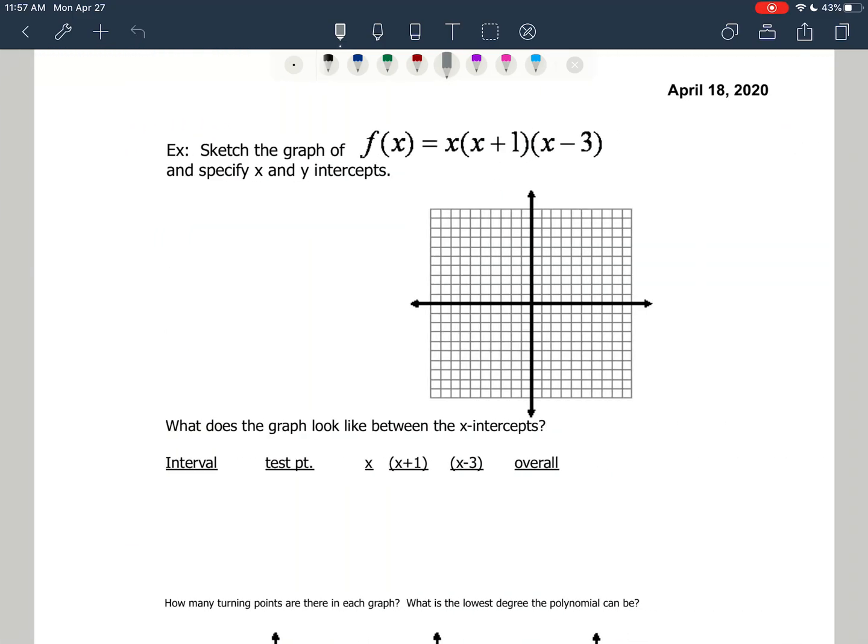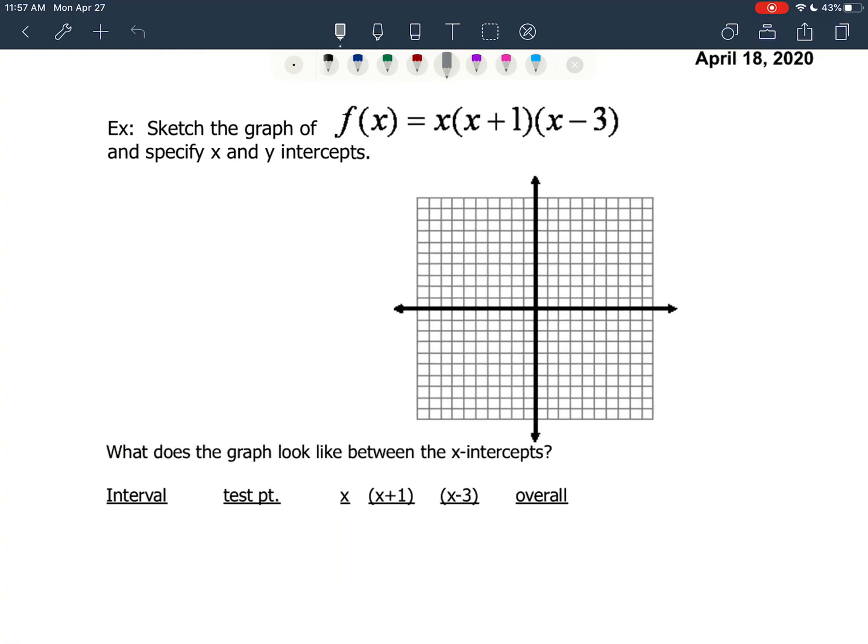Okay. We're going to get into more common graphs that don't rely on transformations. We'll be needing to do some test points, look at what's happening in between our x-intercepts. This is more typical of the type of polynomial functions that we deal with in college algebra, pre-calculus,